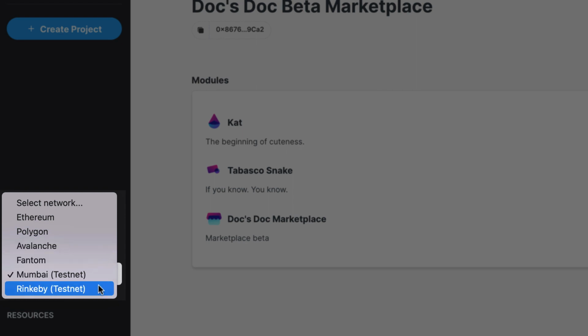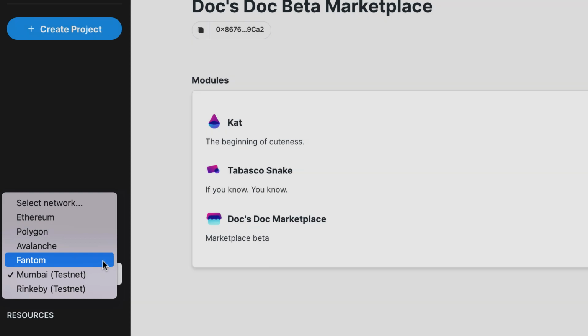So I would first do things with the testnet, either Mumbai, which is the testnet for Polygon, or Rinkeby, which is the testnet for Ethereum. So testnet, that just allows you to play with fake money, test out the mechanics of your marketplace, and then go from there. I will say if you're brand new to this and getting the fake money,